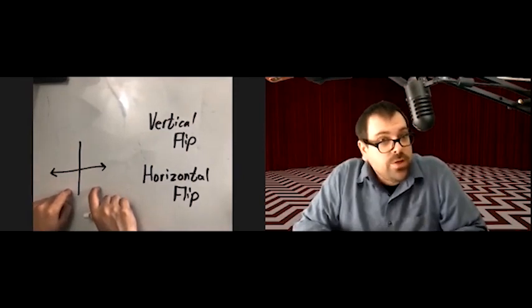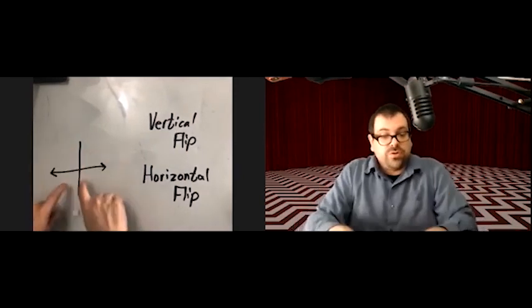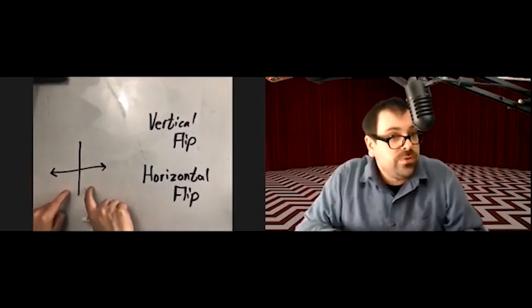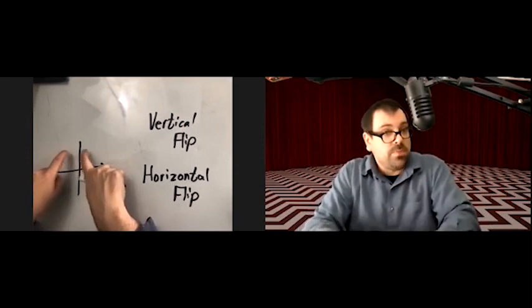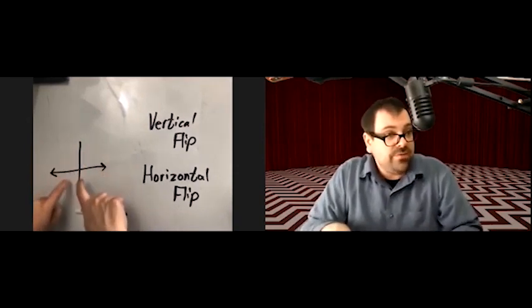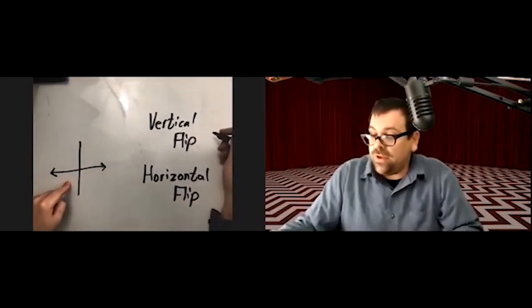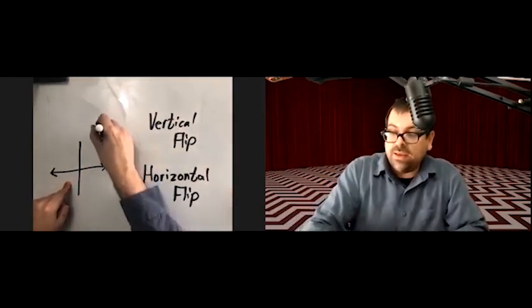In other words, we change our y value to its opposite. Negative y's move up to positive. Positive y's move down to negative. So a vertical flip is when we take